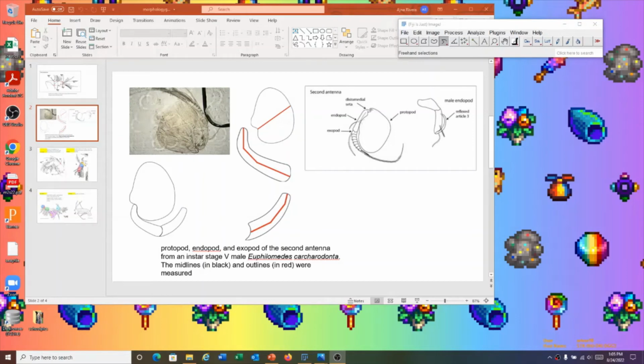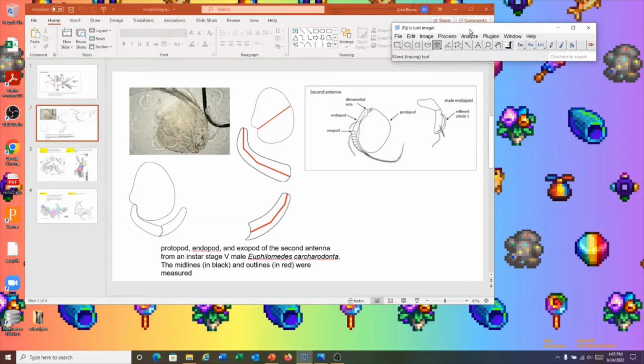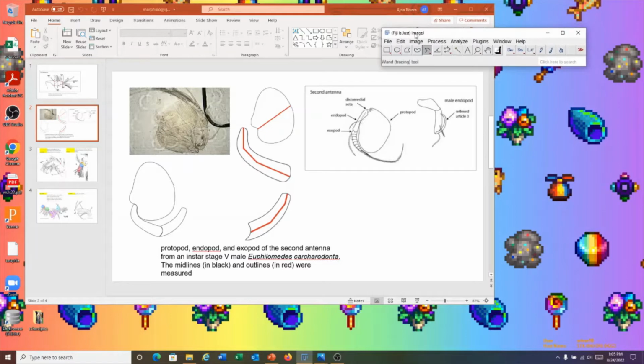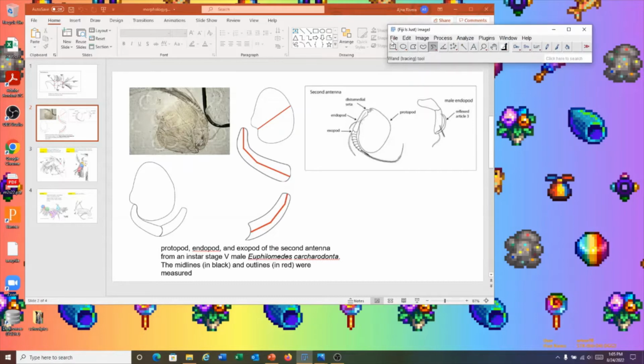In this video, I'm going to show you how to do basic measurements using ImageJ. So the first thing you're going to want to do is open up your ImageJ, and we usually use Fiji. Fiji is just ImageJ. This is a free download. Hopefully you already have it downloaded. So the first thing you're going to do once you have this opened is to open up your measurement tool